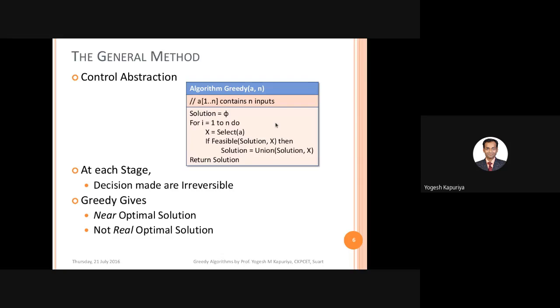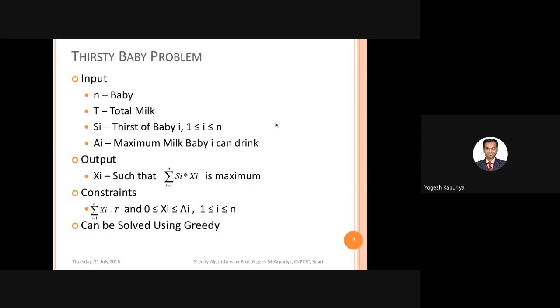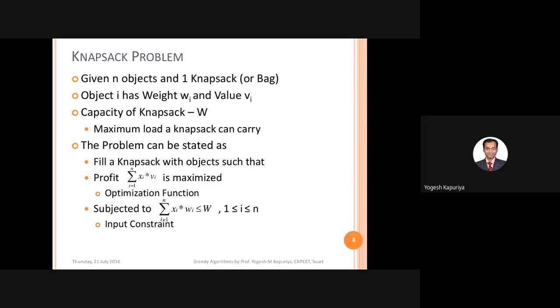So first thing, we have also discussed a demonstrative problem statement in order to understand the greedy problem terminologies. Then we started with the actual problem statement, that is the knapsack problem.